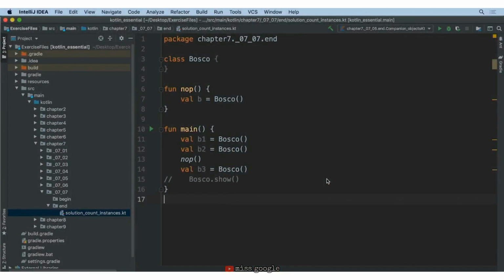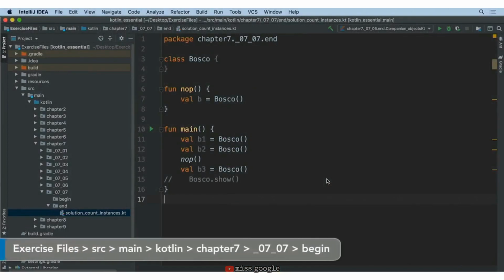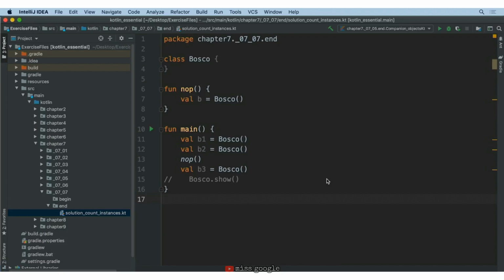Welcome back, and how did it go? Hopefully you solved the challenge. Let's check out one solution. Don't worry if yours is different. Since we need to keep track of information that lives outside of a single class, we add a companion object